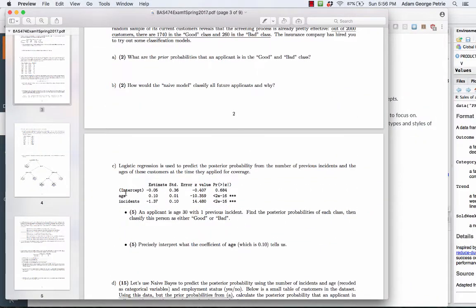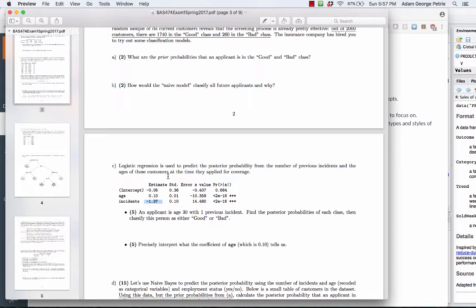You have a bit of output from R that says, all right, the output of a logistic regression gave this. Here are the coefficients of the predictor variables and the intercept here. Well, go ahead, refer back to the equation for the logistic regression model and figure out what the probability is of each of the two classes. So you've done this on the activity, you've done this on the homework, it's nothing new, but this is one